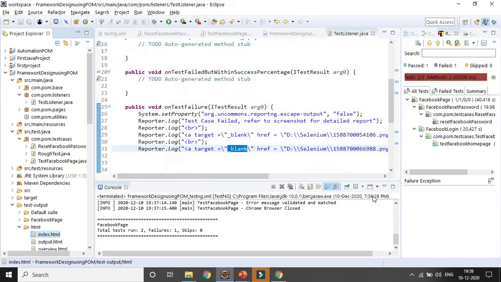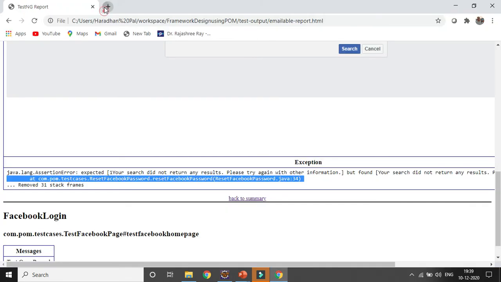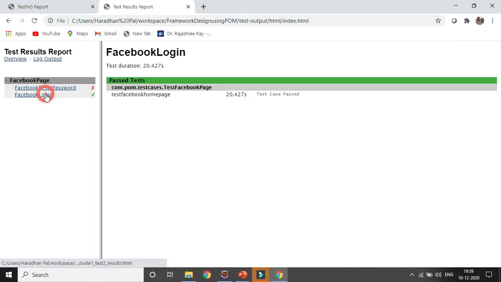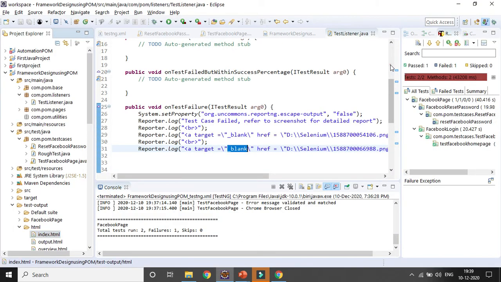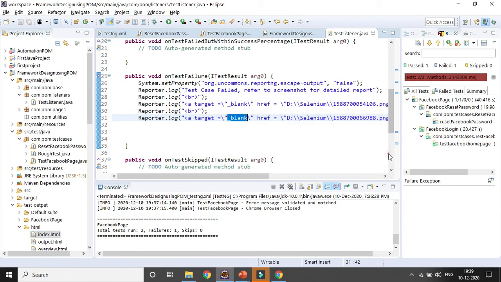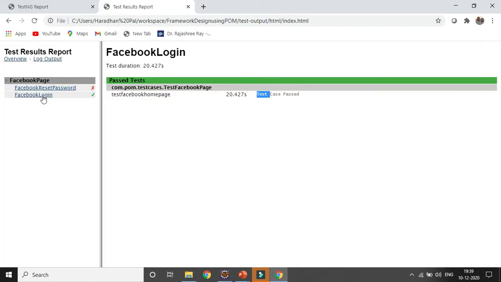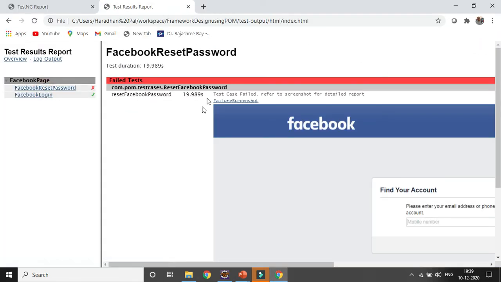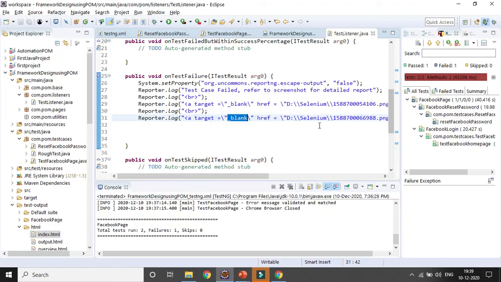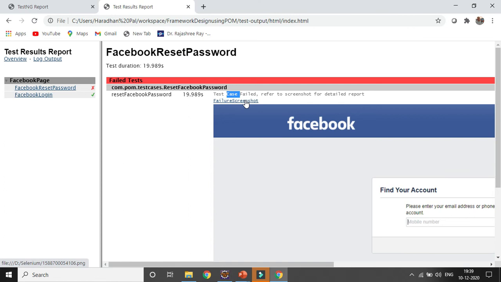Sorry, the report-ng report. Okay. So if you open it, you can see here for the pass test case, right? That pass test case is coming here because it is written in the on test success. And for the failure one, you can see here, right, the first test case failed, that part is coming, then one line of break, then it is coming as file failure for screenshot.